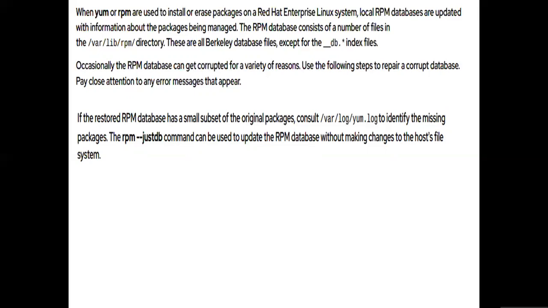Occasionally, the RPM database can get corrupted for various reasons, and at that time we need to restore the database. If the database is restored, RPM has a small set of original packages, and we can see the log file. Using the rpm --dbpath command, we can use the RPM database without making changes to the host file system. And we'll see how we can explore those